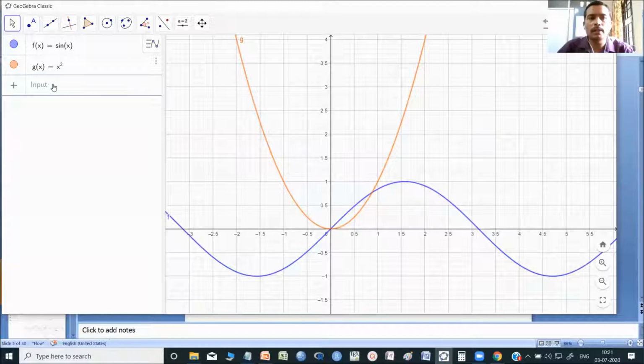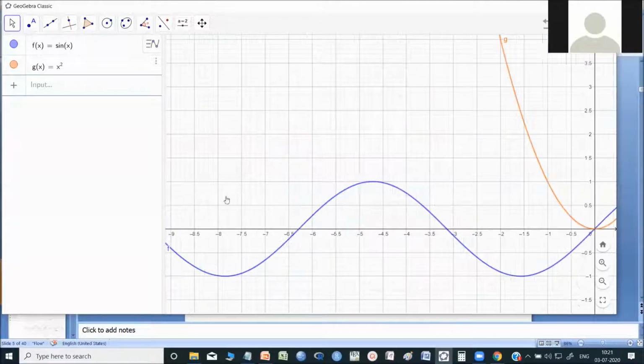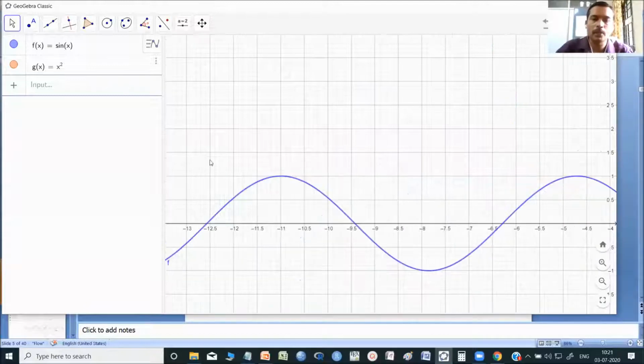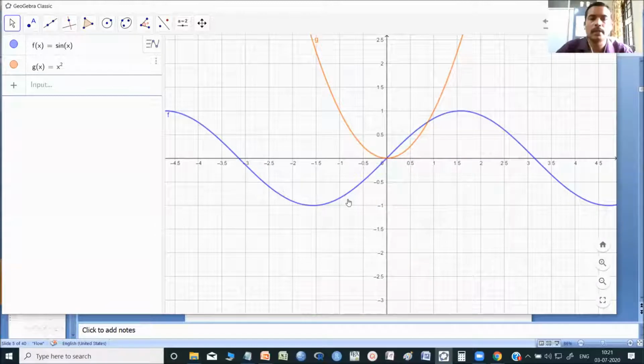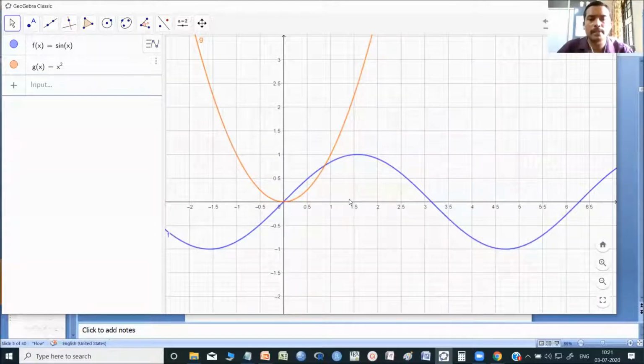And if I want the sin x curve or the x square curve defined only between certain limits, say for example, I want sin x between 0 and 2 pi. This is actually defined from minus infinity to infinity. If you look from the left, you can drag to any point. The sin x is defined infinitely in this graph. But I want it between 0 and 2 pi only. So that is possible. How can I do that?